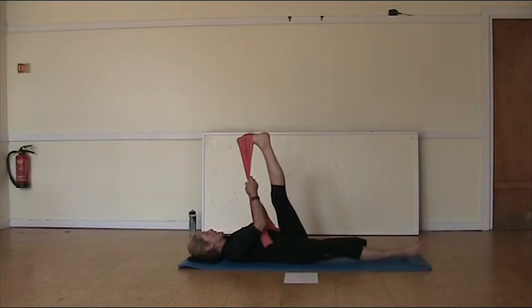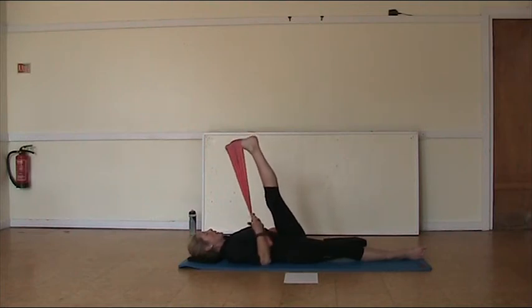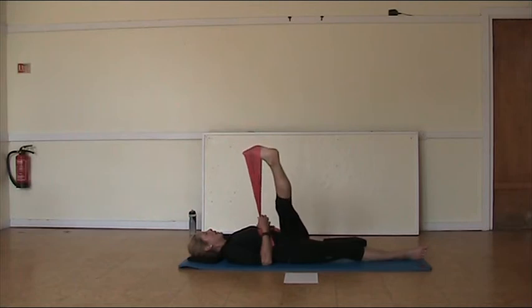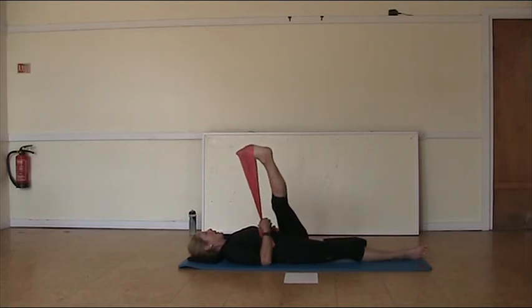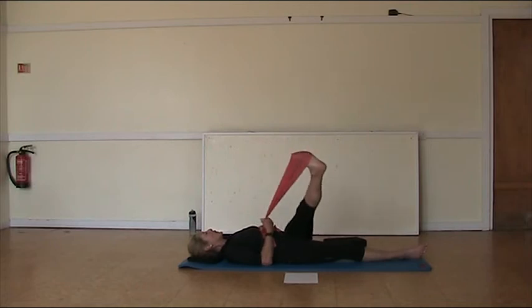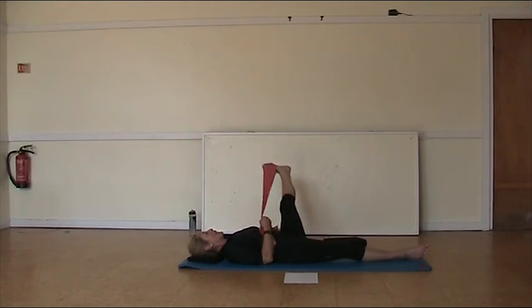And then back up to the ceiling, other leg long and turned out, keeping this pelvis down, keeping the pelvis level all the way through. We're inhaling to take the leg across the midline and away. Exhale out to the side and in. Across, away, out to the side and in. Across, away, out, in. Two more, across, away, out and in, across and away and out and in, and reverse,